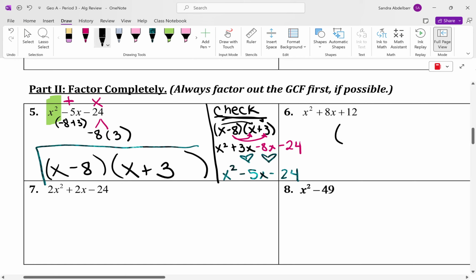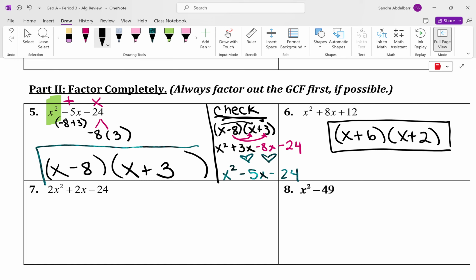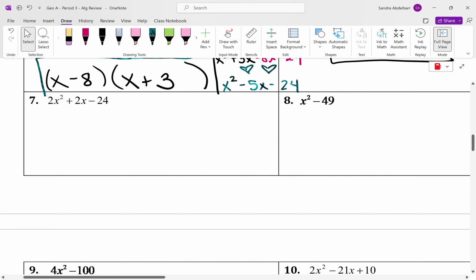All right, who has the factored form of this? PJ, right? Yeah, x plus 6 and x plus 2. You got it, an x plus 6 and an x plus 2. How many people got that? Perfect. Anybody want to see me do this? Okay. In number 7,